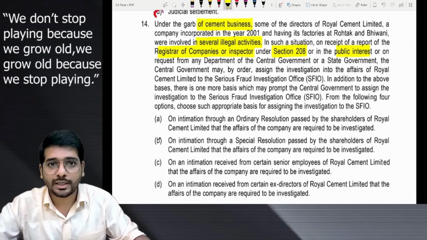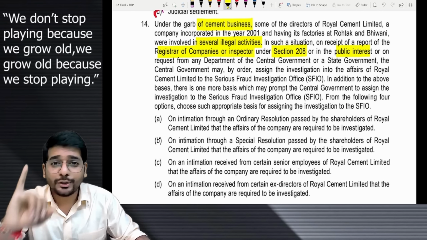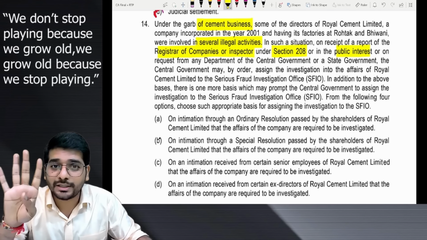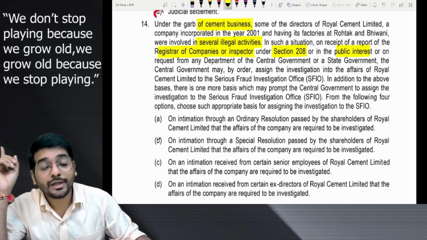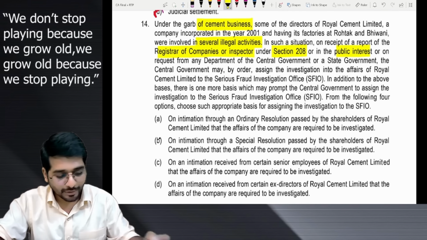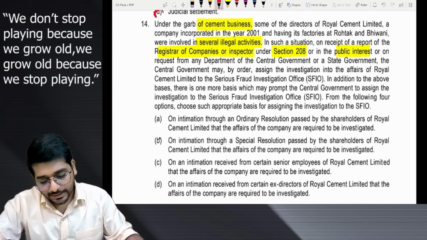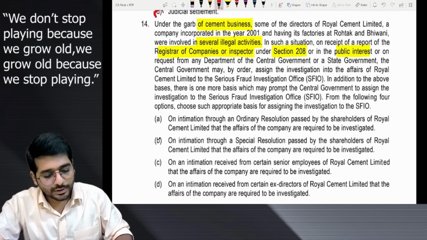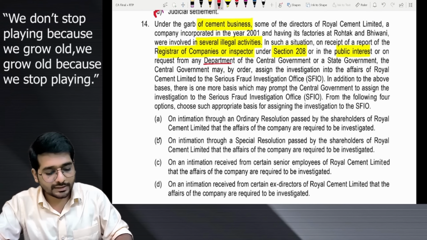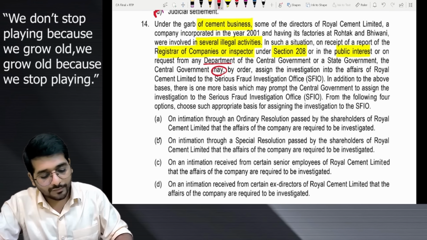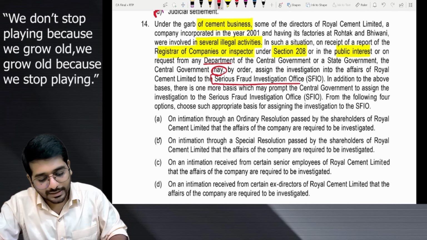inspection, inquiry, investigation part they are talking about, or in public interest, correct. This is all inspection, inquiry, investigation. Initial sections 206, 207, 208, 209, 4 sections about inspection, inquiry. From 210, your investigation portion begins. You should be aware about this, right? Okay. They are saying, what happened over here? Or on a request by any department of CG or SG, the CG may by order assign investigation in the affairs to